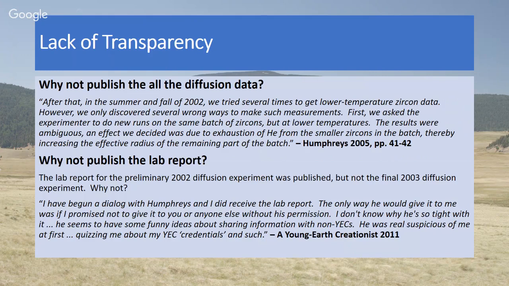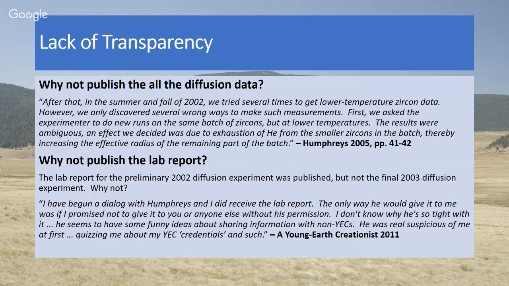So evidently, they ran several experiments, but the results are unpublished because, in his words, the results were ambiguous. But what does that mean, ambiguous? Presumably, it means it didn't support their hypothesis. But the fact that they ran experiments that didn't support their hypothesis is, in fact, significant because it shows that they have conflicting data, they have contrary data. And even if for some reason the results are invalid, at least publish the results so the rest of the world can judge and see whether that data really does look to be invalid for some reason.